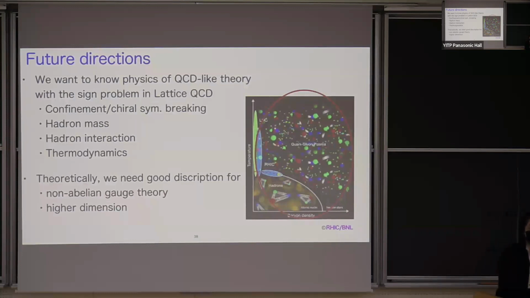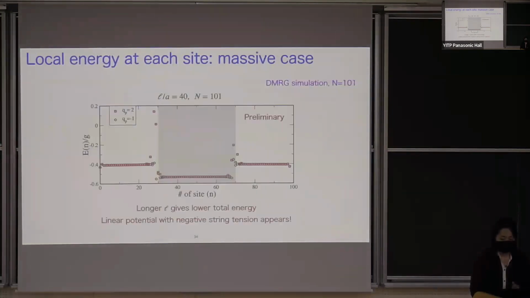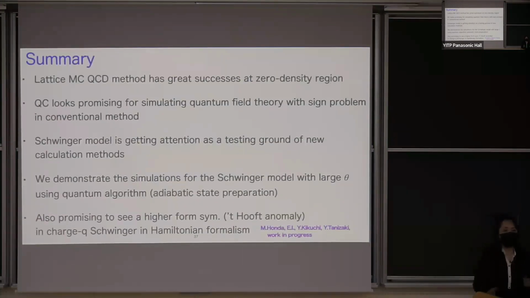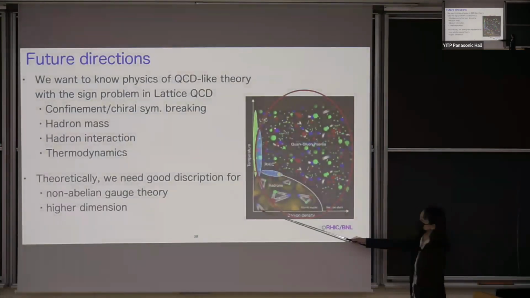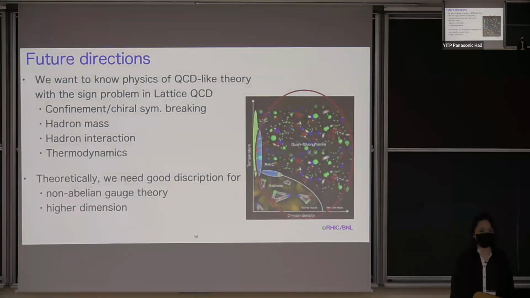Thank you for a very interesting talk. Actually, I have two questions. It might be a naive question, but I want to know which region of your QCD phase diagram your calculation corresponds to. Is it finite density, or a completely different axis? Ah, there is an additional axis, non-zero theta. I got it. Is it possible to think about such a finite density regime with your calculation? Yeah, actually,